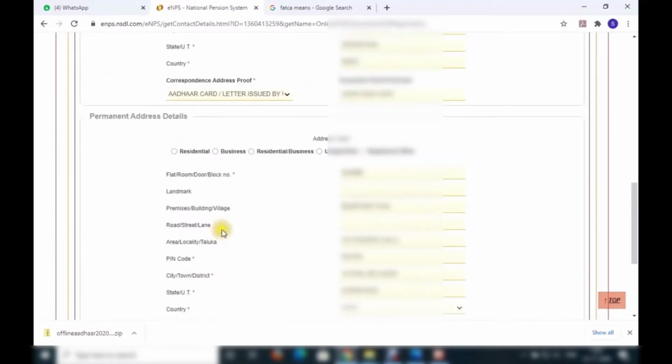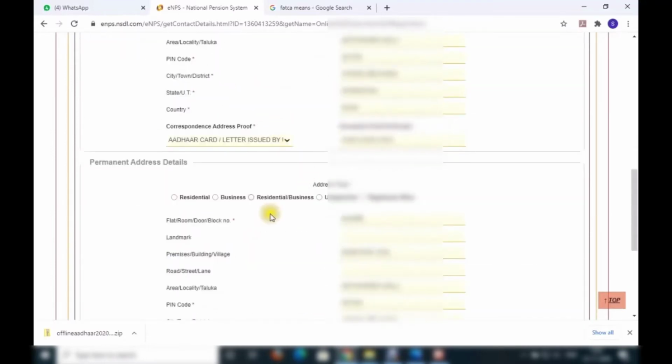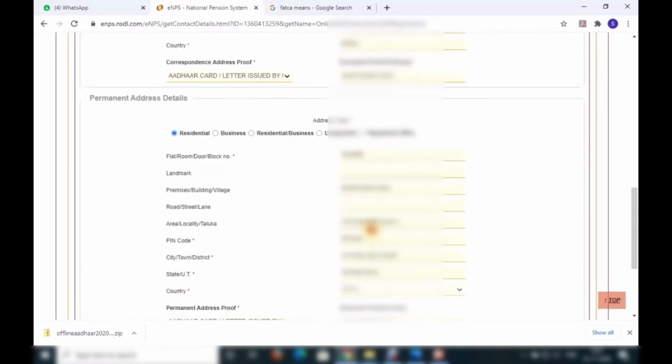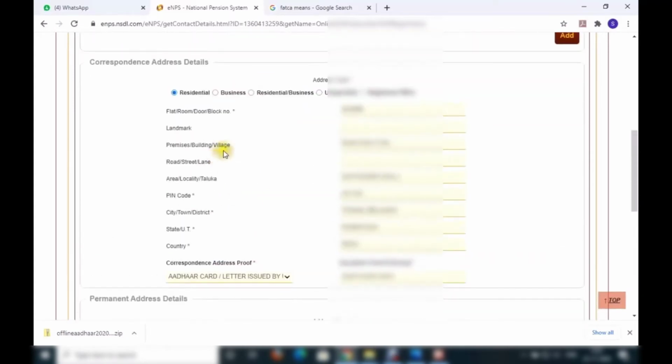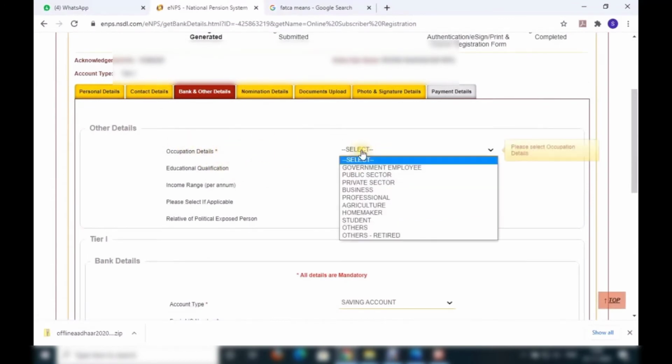Next are the corresponding address details and the permanent address details. Automatically it will take them from your Aadhaar. Click on whichever address type applies: residential, business, registered office or unspecified.